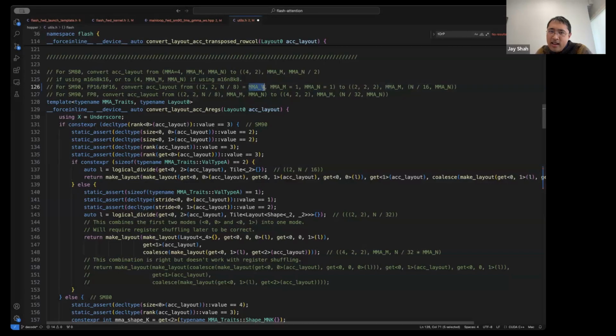In Cutlass, they like to say that this is the value mode, and then these are the trailing tiling modes. When you take your partitioner and you partition something like a shared memory tensor or an output tile, it will always produce something that looks like this. So you'll have your value mode and then the additional tiling modes.